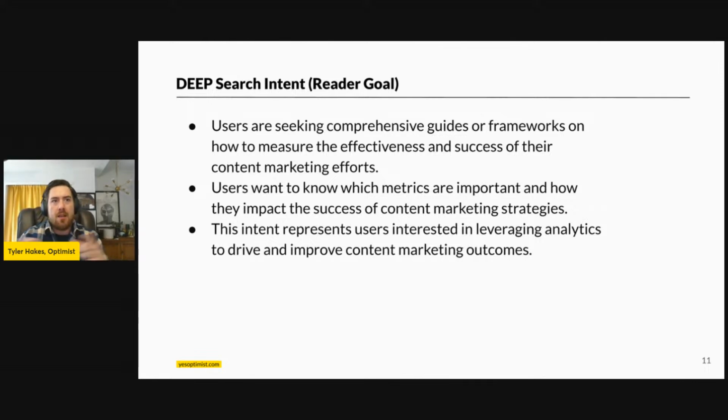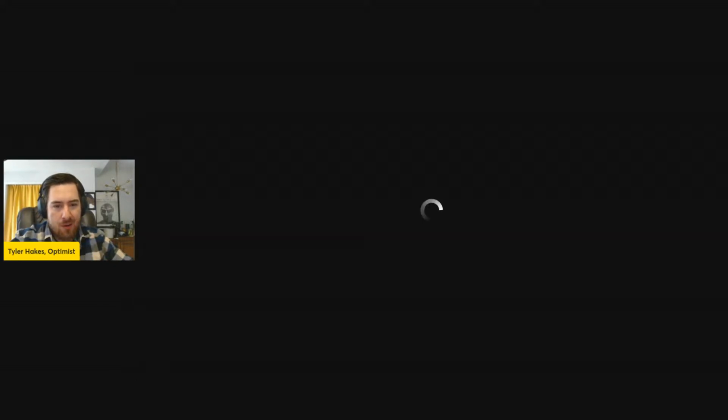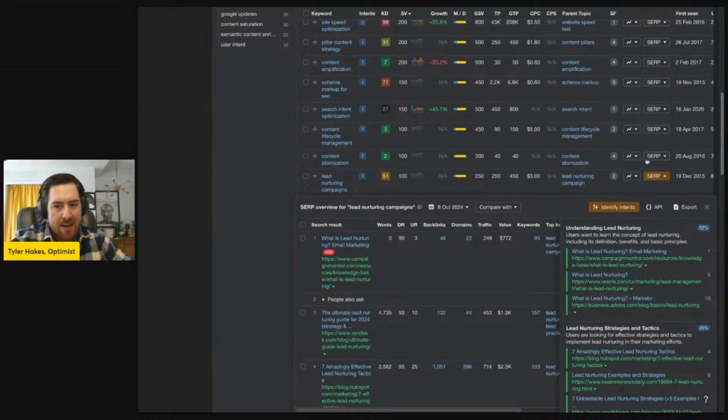But again, the point here is that search intent goes much deeper than the way that we generally classify it. In order to, A, meet the user's needs, but B, also really optimize our content for search, we have to understand that nuanced level of what information people are looking for, in what order, as well as what the proportions of that information are. That's really what this tool does. So let me flip back here and we'll take a peek at what the answer is according to AI. Okay, so